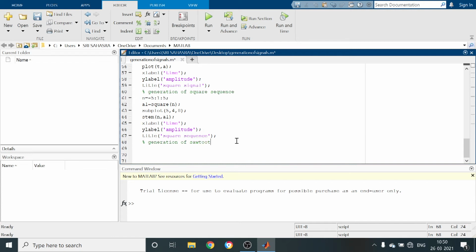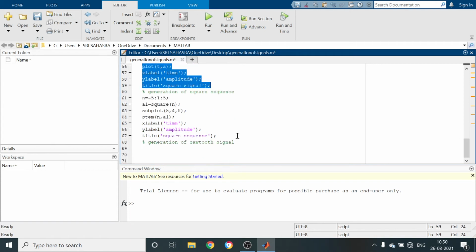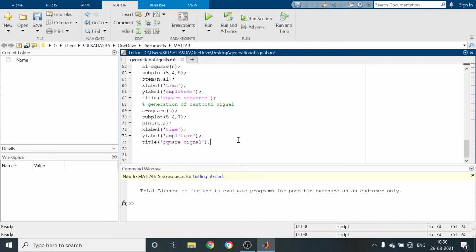I am going to take the signal means time parameter values. Just I am using the square signal commands here. So we have to define time. If time is not defined here, it is going to use initial time parameters.